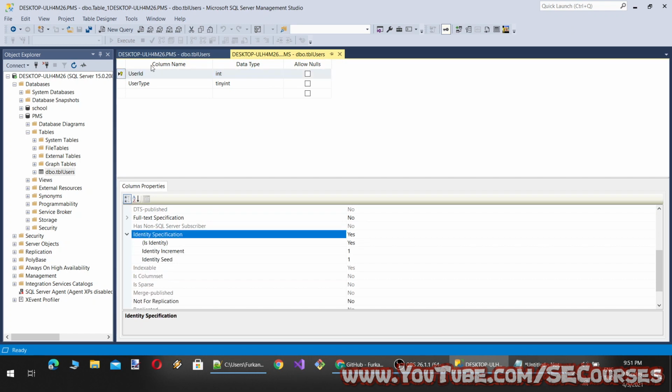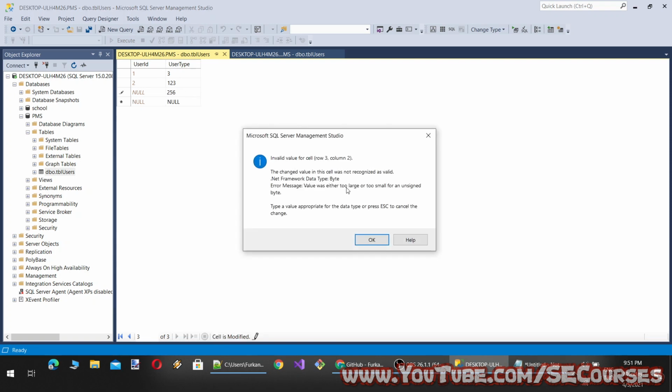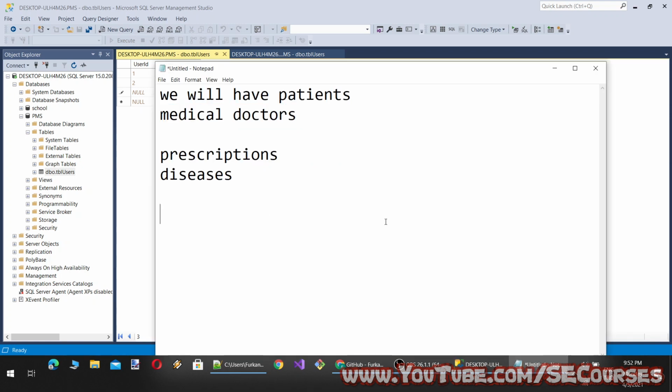Therefore, it is automatic. So I can only enter user type. I am entering 103. If I enter something bigger than 255, it will throw me an error, because tinyint allows you to have numbers between 0 and 255, because it is 8 bits.